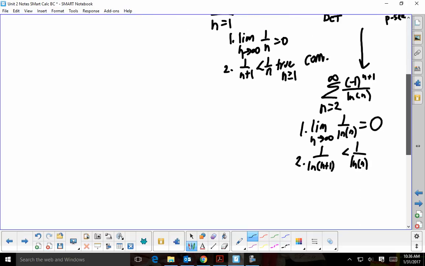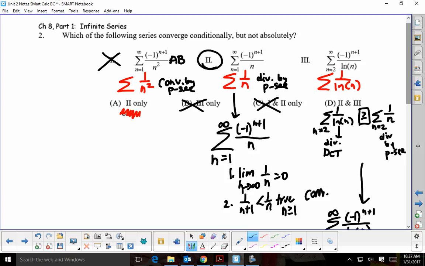Is that true for n greater than or equal to 2? Yeah, because that's going to give me a bigger denominator, which would make it smaller overall. So this guy again converges here by the alternating series. That one was a tough one, which would give me